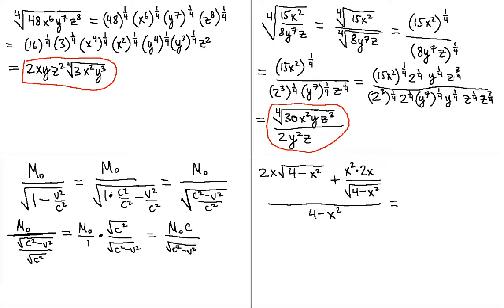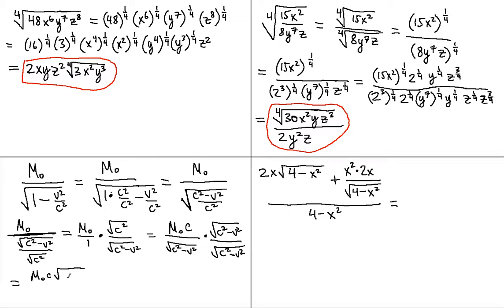Now we have to rationalize the denominator, right? So we have to multiply the numerator and denominator by the denominator of the first fraction. That's how we rationalize. So that's going to be equal to, let's see,